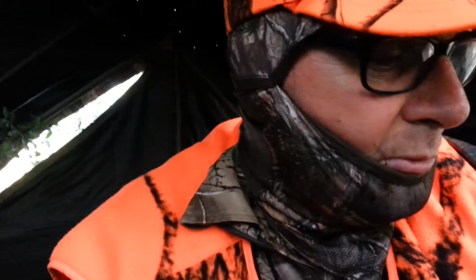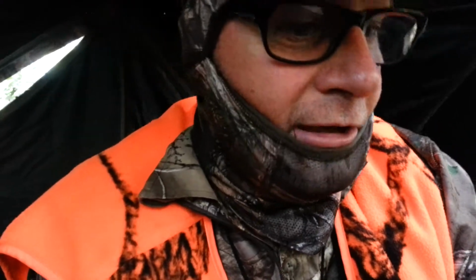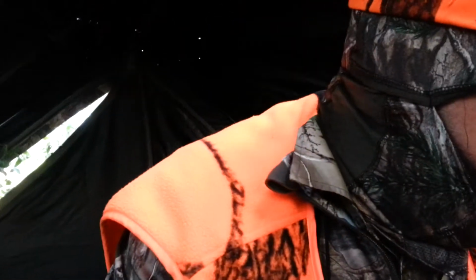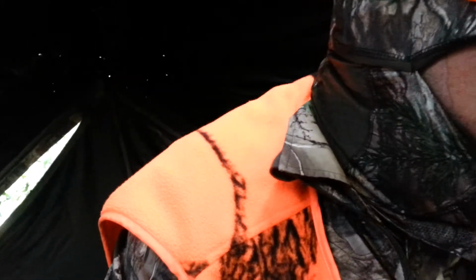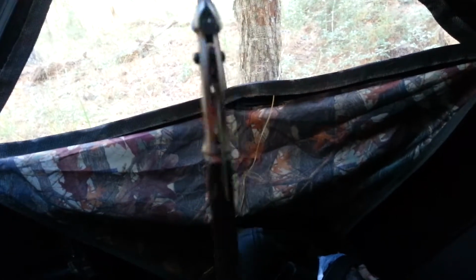So I didn't really originally plan to use the ground blind, although I always bring it. But because of the rain, that's what made me start out using it. I had some mechanical broadheads that I wasn't sure about whether they were rated for shooting through screens. They may be, but I wasn't sure. So